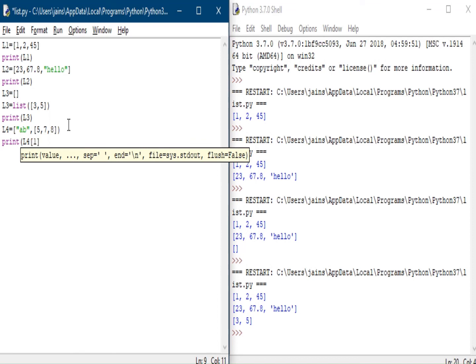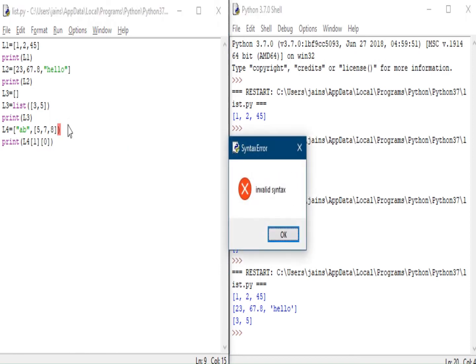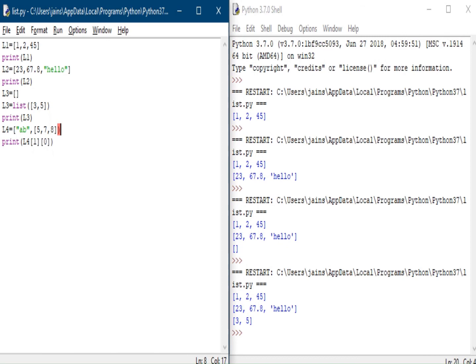And from the nested list, suppose I want to print 5. So for the nested list, the first element is to be printed. So the index would be 0. This way you can print. Invalid syntax. Let's see what's the problem.